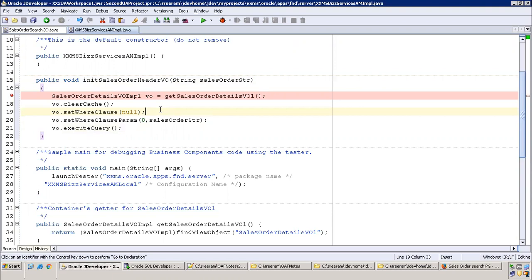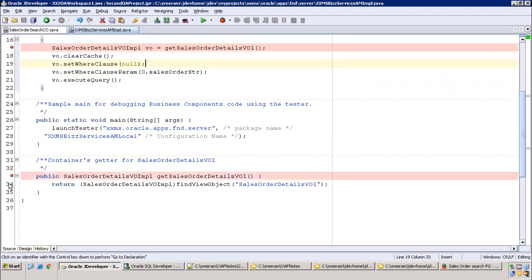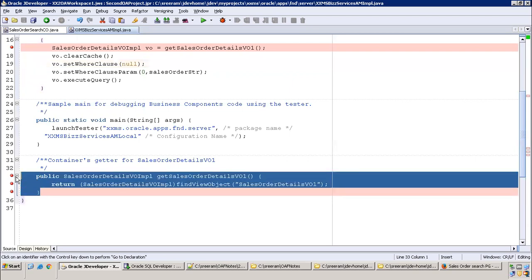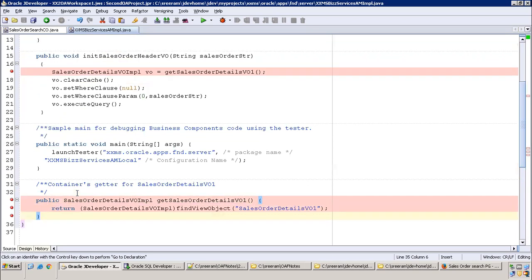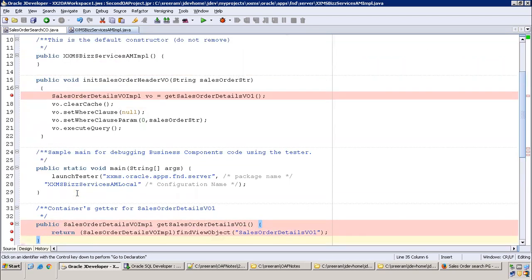So one method already got created by default, right? Here below, public sales order VO implementation. This will get created whenever your VO is assigned to the AM. So the same thing, whatever was created by default, you take that as the object of the VO.